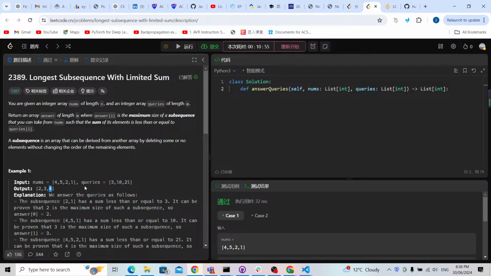According to the example, as you can see, this is a greedy idea. First of all, we need to take the numbers as small as possible. For each of the queries, we take the numbers from the smallest to the biggest, because if we take the big number first, maybe we can take fewer numbers. But if we take the small numbers first, maybe 1 then 2, we can take more numbers. So this is the idea. And another one is that